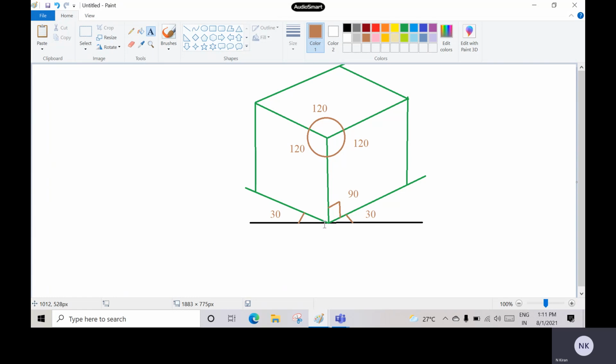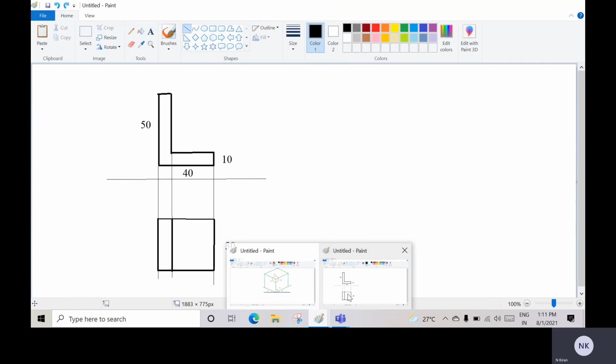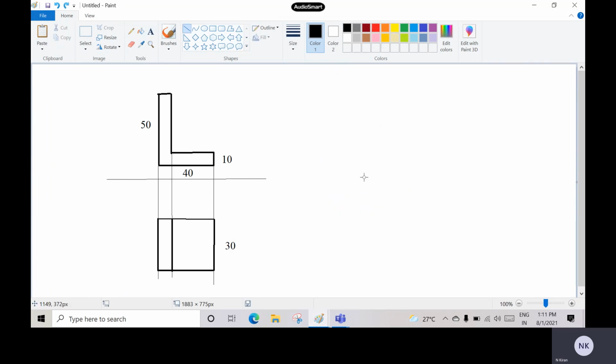Now let us look at the first problem. Let me give you an example problem for drawing isometric views. Let us take this problem. Immediately if you observe, it is in an L shape. The object which we are given is orthographic: this is your front view and this is your top view. As you observe, it is an L shape and we have to draw it in the isometric view. As I have just explained, first of all, for drawing isometric views, what is the line we have to take?